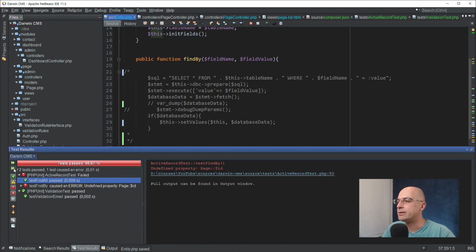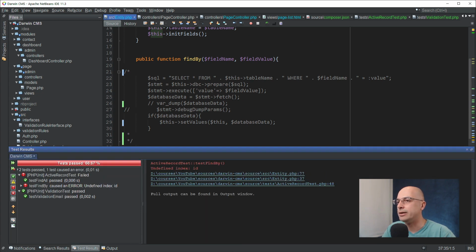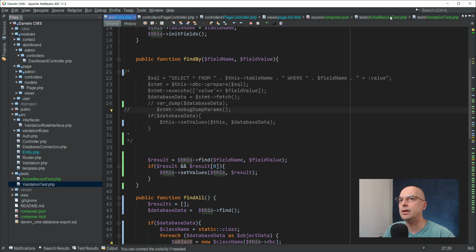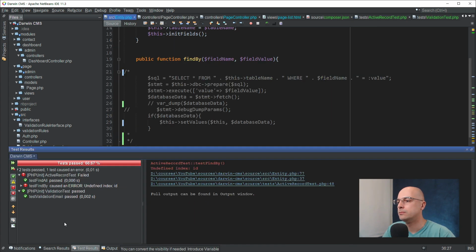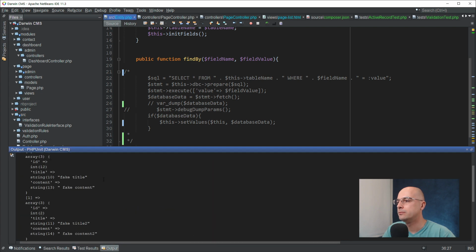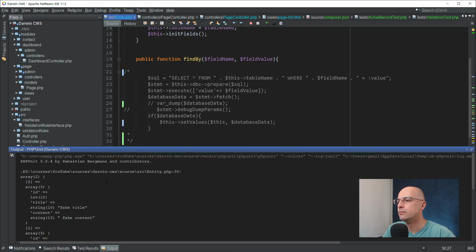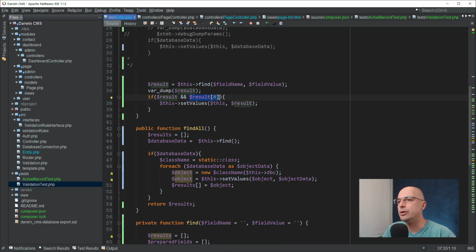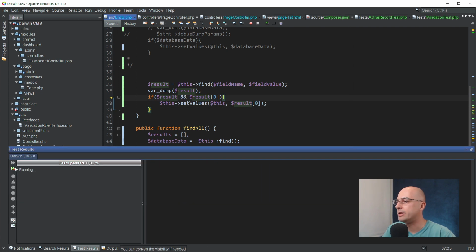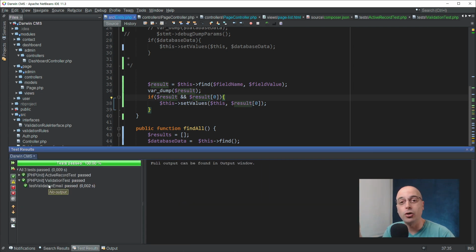Let's see our tests now. And there is undefined index ID. And that is because in our tests, we can see that we have the array with two values, right? Which means that for these results, we need to set the result of the first one, right? Run the tests again. And we can see that all of our tests work, all of our tests are passing,